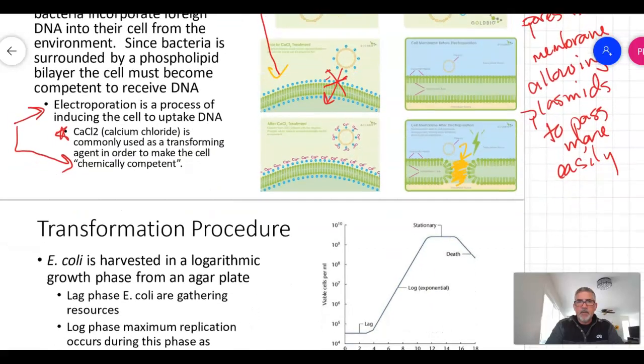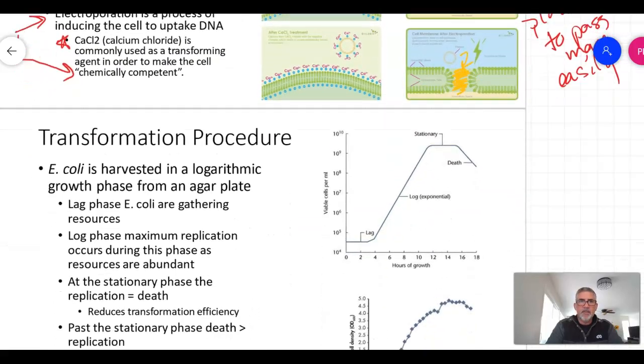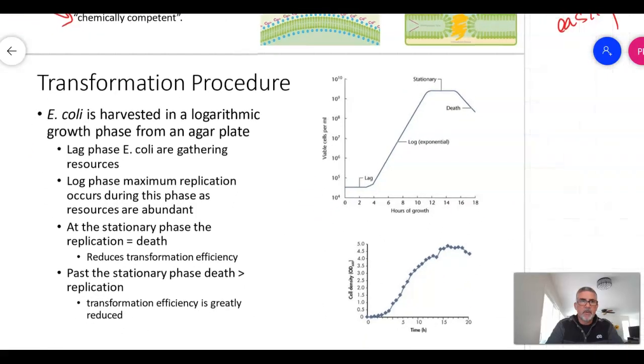All right, so now that we talked about how to make cells competent, let's talk about the transformation procedure. Right? So the first thing we have to do, we want to start with a fresh culture of E. coli. Right? And we want to harvest it in the logarithmic phase. So if we look at these graphs on the right, these are the growth phases of bacteria. So remember that E. coli especially,